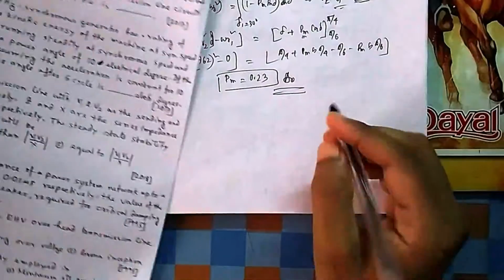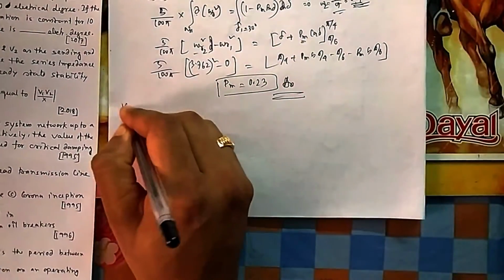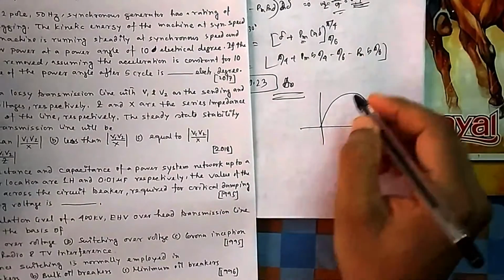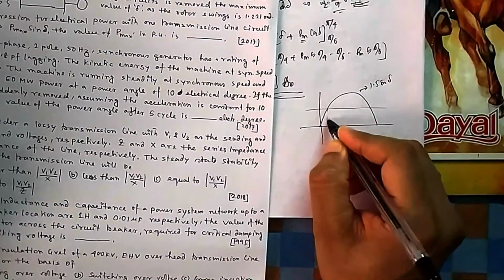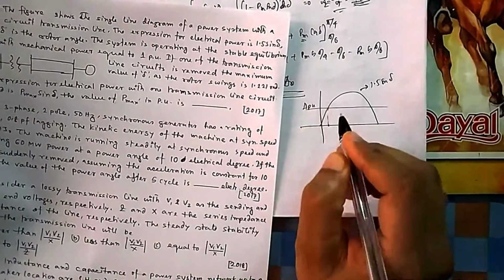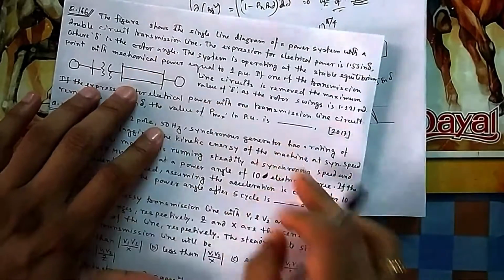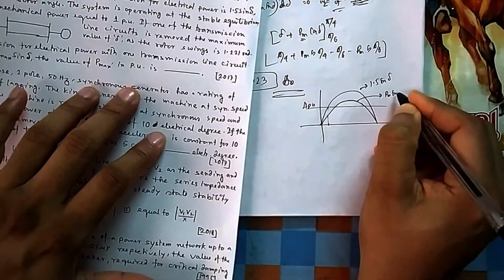Okay, so this one will be something like the earlier diagram. Initially the power was flowing like this in this initial curve, that is 1.5 sin delta. It was operating at a point for a mechanical power input of 1 per unit. Okay, if you remove one line, then x will increase. So x will increase means this curve will reduce. So this is the new one, Pmax sin delta. This one you don't know.